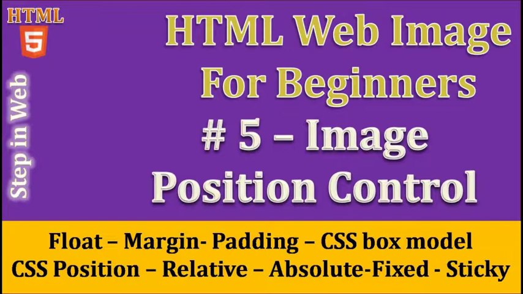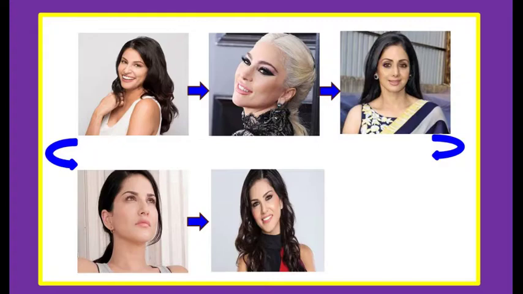The image tag is an inline tag element. The image tag will always be positioned on the left side of the browser window, and it will show the other elements if space is available on the right-hand side. So it will not make a new line for each image tag.